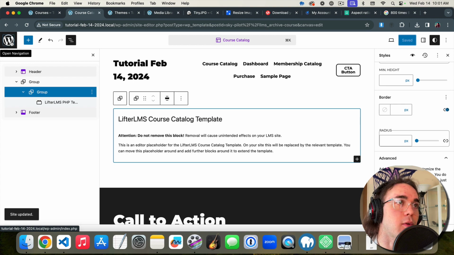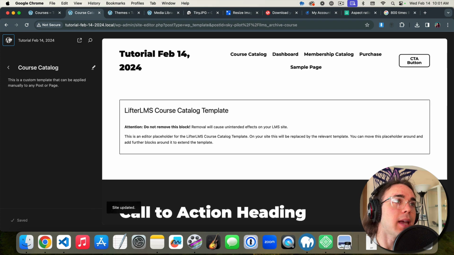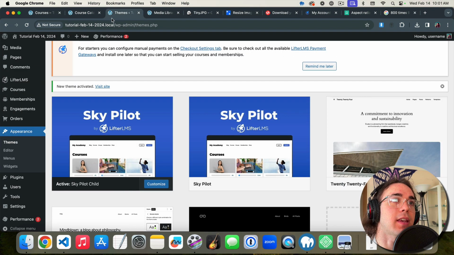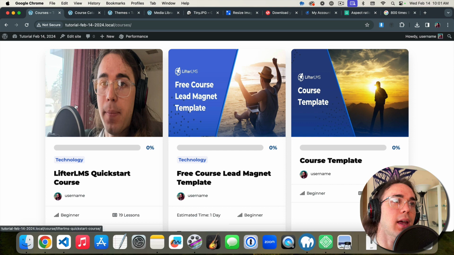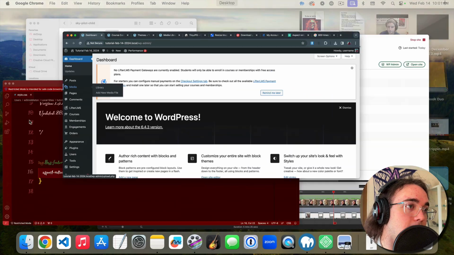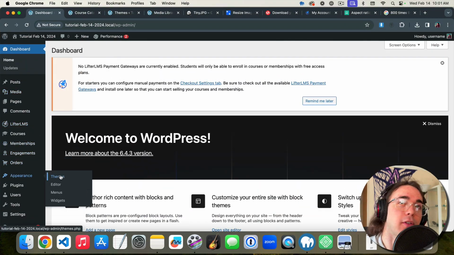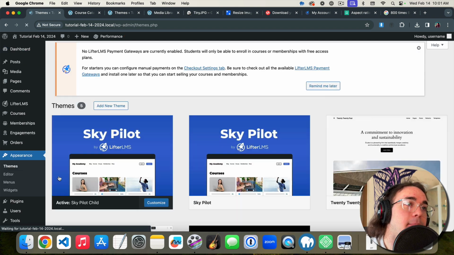It would probably have to do with when that CSS is loaded. Oh my gosh, there's so many windows open. Probably has to do with when the CSS is loaded, because theme CSS loads first, I think. I don't know. I don't know why that's happening, but at least working with a child theme is probably going to be the best way to do that. So if you wanted to change, that was a long rabbit hole, but basically,